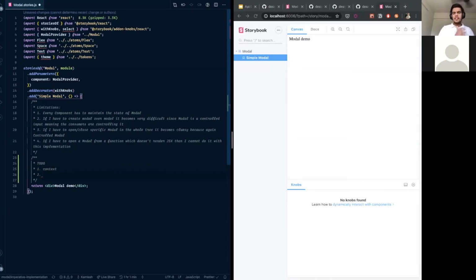Now the second thing is I want to give an imperative API for cases like opening or closing a modal after your API calls, or in any of your function calls. You should not be maintaining the state inside your component, because since I am taking care of the modal, I should be able to control things end to end.